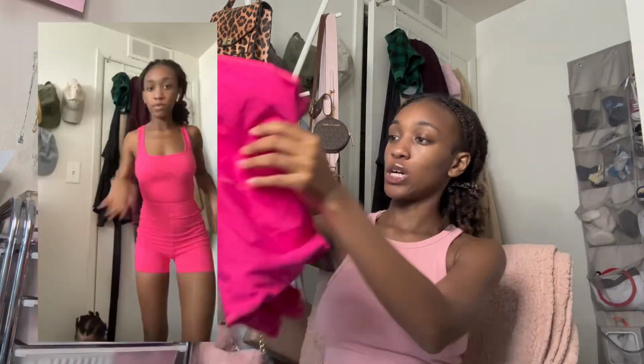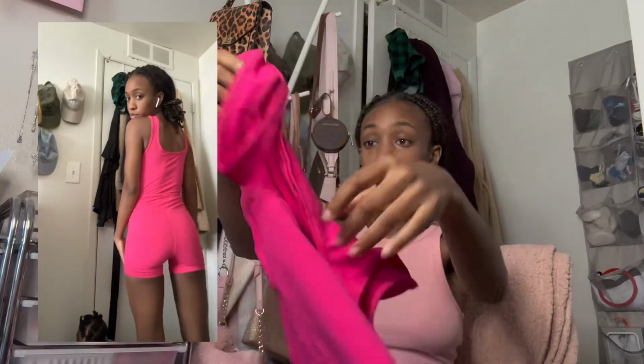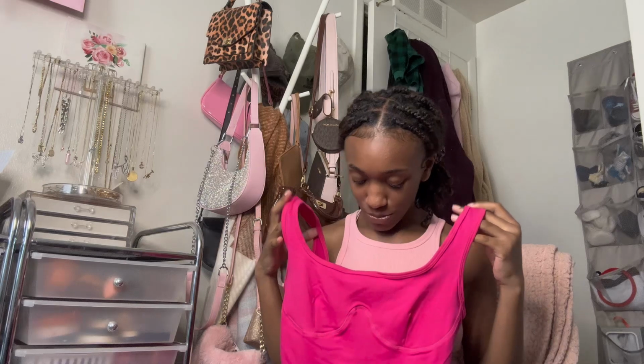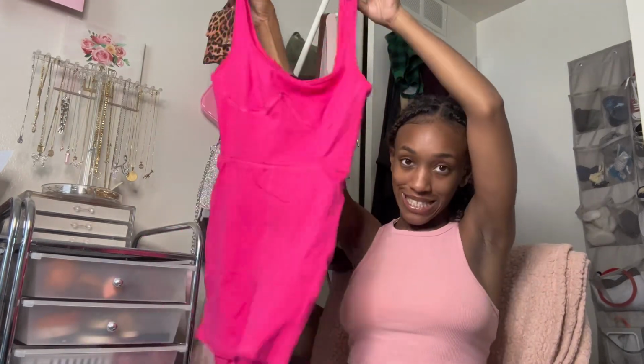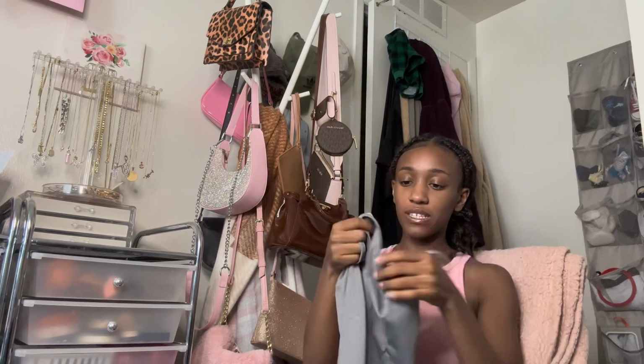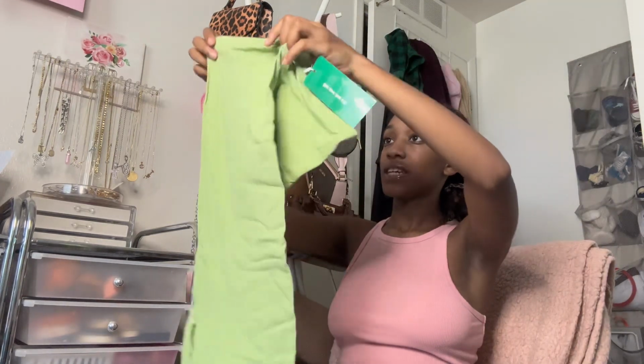Skirt, dress, romper. Okay. I forgot I ordered this. Okay, this looks a little big. This is an extra small. It'll probably fit me good. This is a gray midi dress with the slit on the side, but this is like scuba material. I'm excited. Okay, this is a skirt,